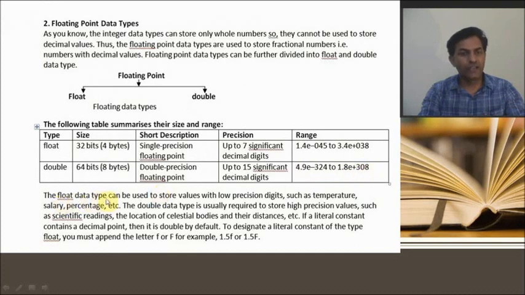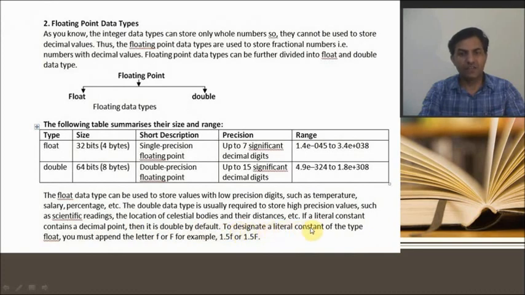Now, the float data type can be used to store values with low precision digits such as temperature, salary, percentage, etc. The double data type is usually required to store high precision values such as scientific readings, the location of celestial bodies and their distance, etc. If a literal constant contains a decimal point, then it is double by default.